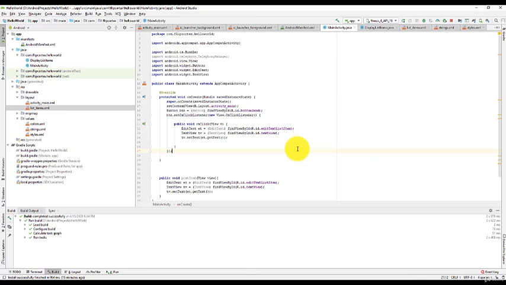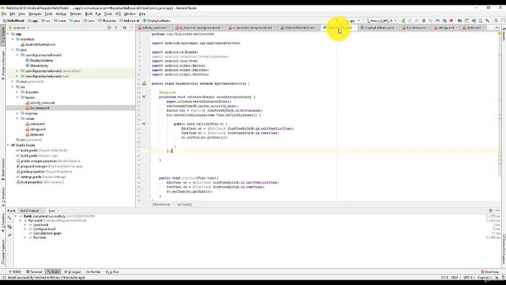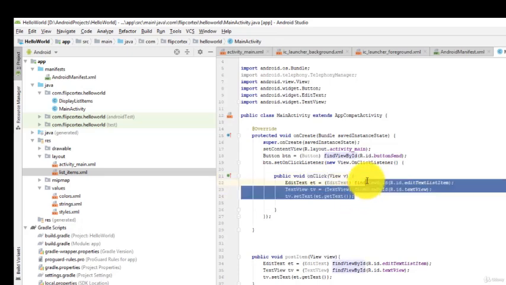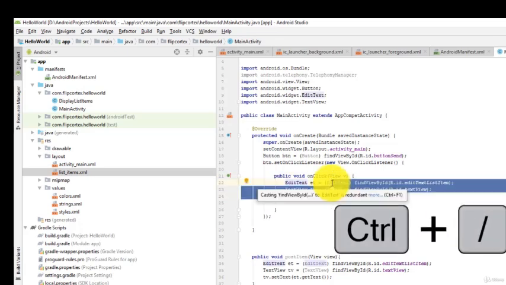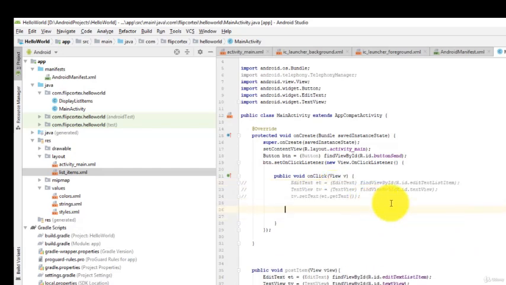Now that we've created another activity, let's see how we go from our original main activity into the display list items activity. And also, how can we pass data to this activity? Let's keep working with this event handler over here. If you remember earlier, we attached the event handler on click. So let's comment the content out. To comment out, all you need to do is select the lines that you are working with, press Ctrl and /, and this will automatically comment out the lines.